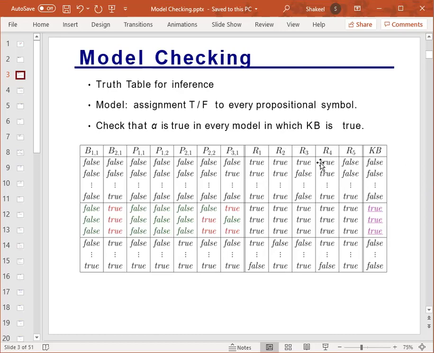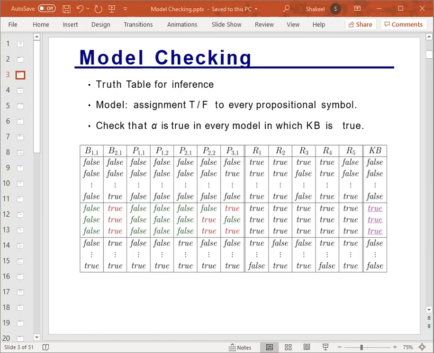All right, so we have 7 propositional symbols, and we are going to talk about the truth table on this knowledge base. We are going to check the models, or assignments of true or false, for each of these propositional symbols. So in total we have 2 to the 7 equals 128 possible rows. In the truth table, we are going to just focus on these 3 lines here in which the knowledge base is true.